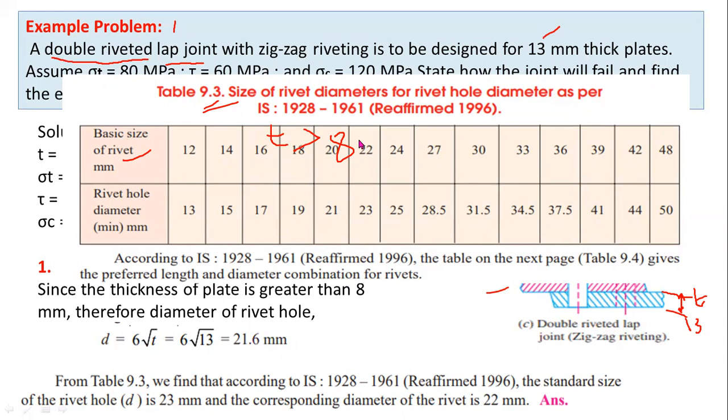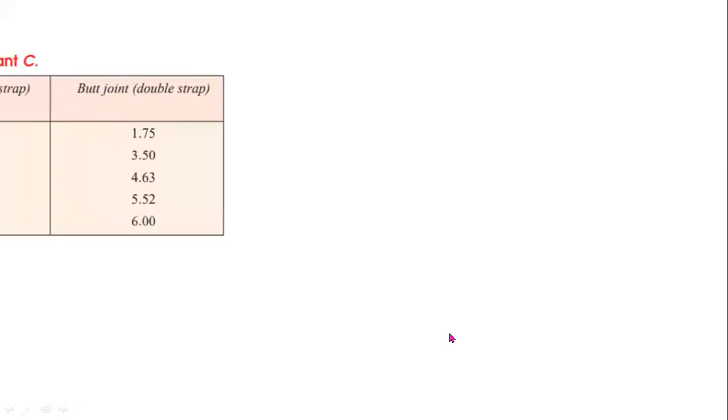The nearest value is 22. 22 mm is the diameter of the rivet, and 23 mm is the diameter of the rivet hole. Here from the table, you can select the suitable size of the rivet and the rivet hole. 22 mm is the standard size of the rivet diameter, 23 mm is the standard size of the rivet hole. Now the second step is